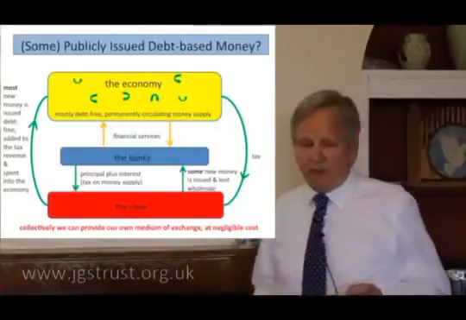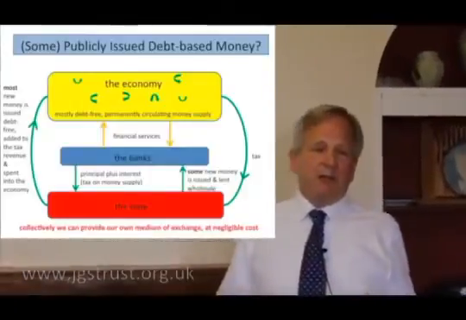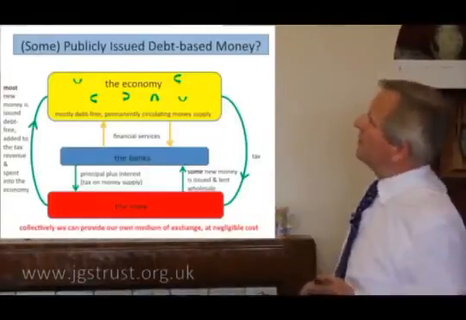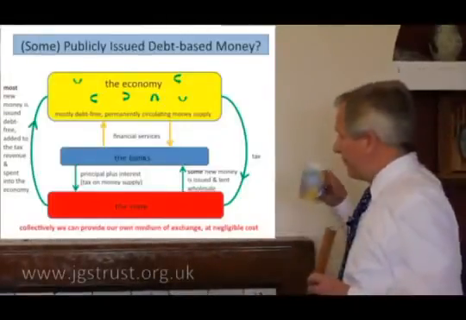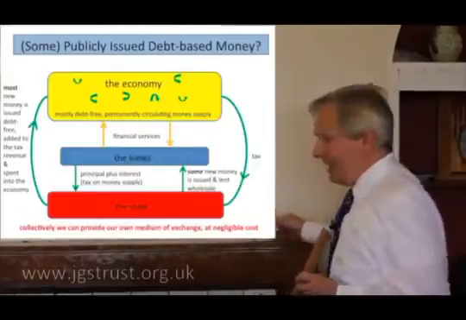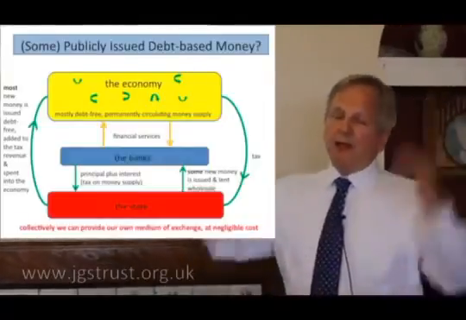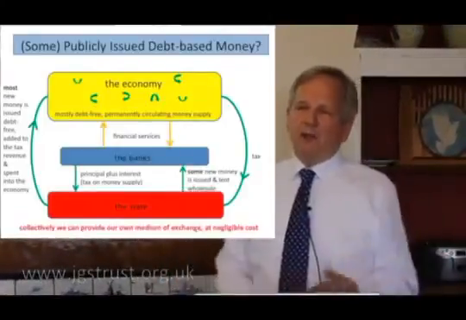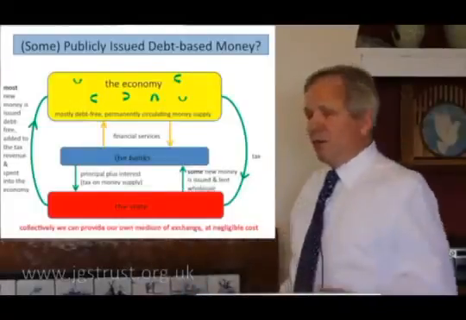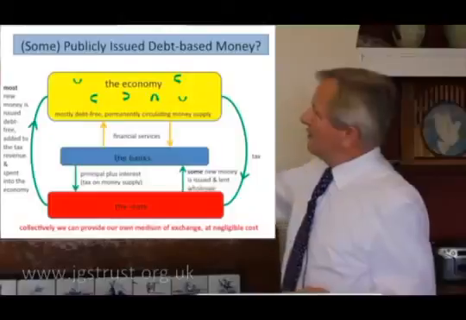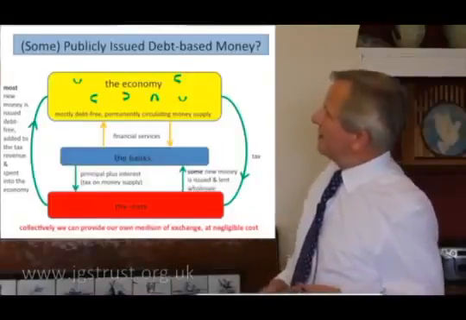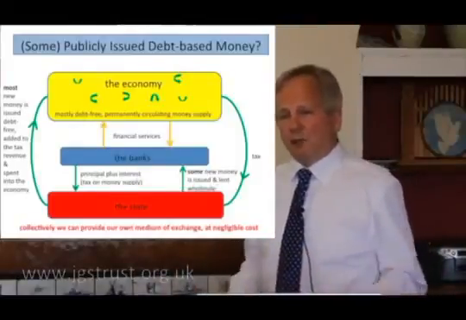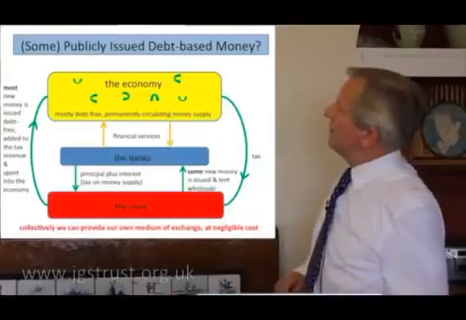Let's not knock debt-based money per se. We're just knocking commercially issued debt-based money. But there is an argument that any money system needs to be a bit flexible, needs to expand and contract. If somebody invents a new widget and suddenly lots of factories are needed to produce these new wonder widgets, well, we need a bit more money in the economy. Well, we can still do that. We collectively, through the state, can lend money into the economy as well as spend money into the economy. So it's not a problem. This is a counter argument to